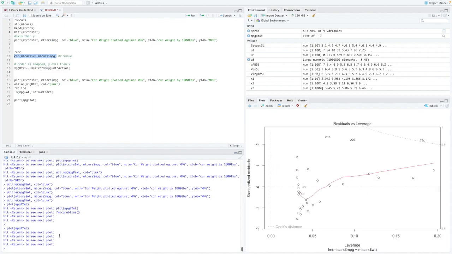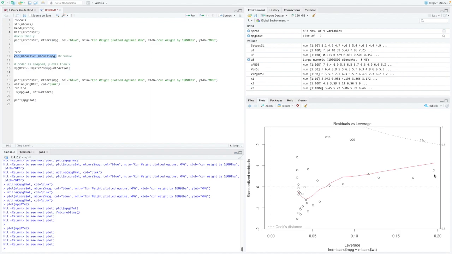The last way to see if you've got good data is to look at the residuals versus leverage plot. So this helps us locate outliers whose responses don't follow the general trend line of the rest of our data. And then leverage helps us to locate outliers in terms of our independent variables. So we've got our dependent variable, which was gas, and our independent variable, which is weight. And you can see it's a little bit spread out. And this is just one more of our 4